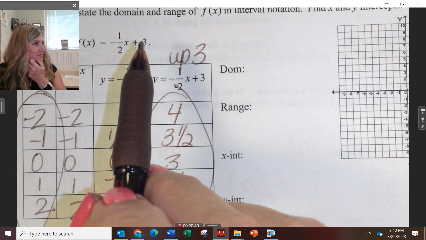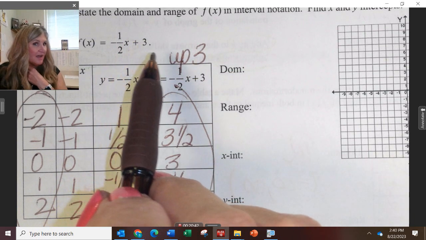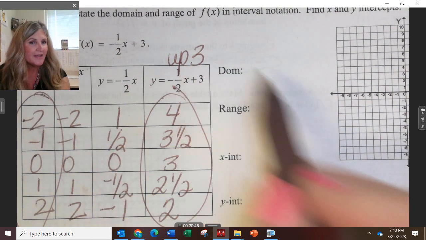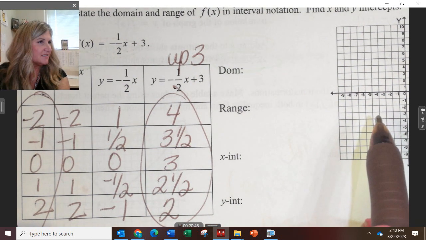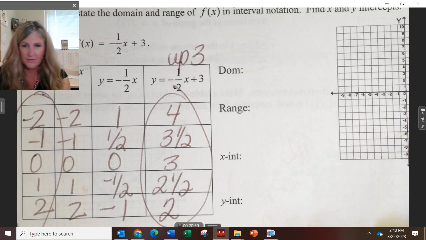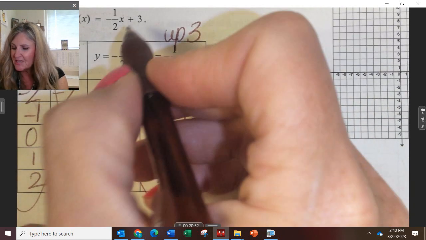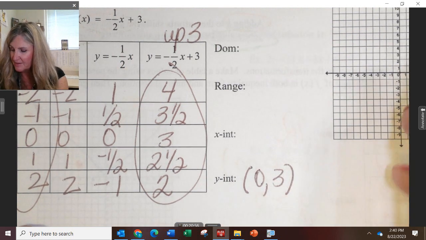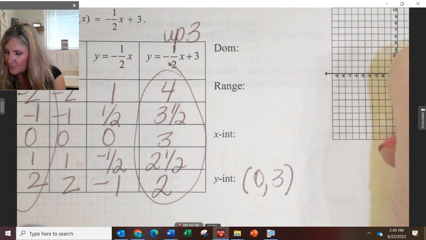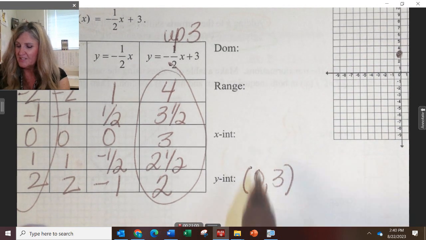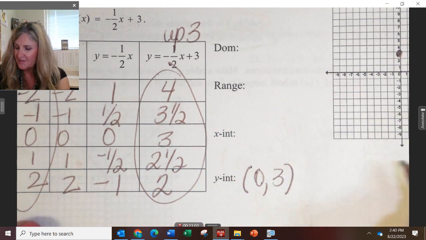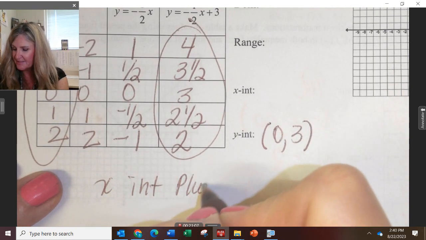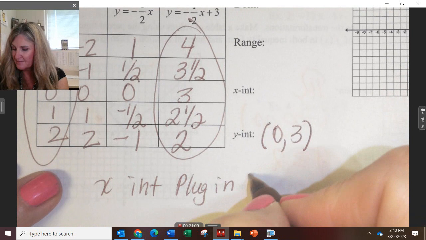Do you guys know? You can do x and y intercepts. Let's do it that way actually. Do you know the y-intercept? What's the y-intercept? That's easiest. 3. So the y-intercept is 3 because of that number. So it's 0, 3. Right there. To find the x-intercept, plug in 0 for y,